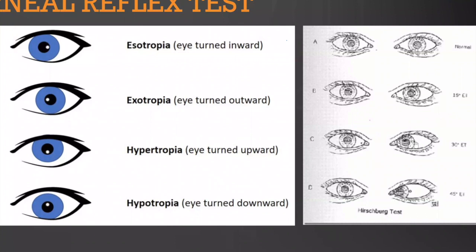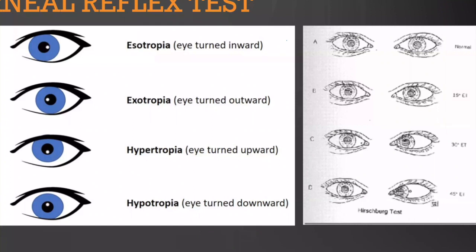If it is between the pupillary margin and the limbus, it is 30 degrees of a left esotropia. And if it is at the limbus, it is 45 degrees of left esotropia. So you're going to denote it as Hirschberg's test: either central, or 15, 30, or 45 degrees. Of course, it is not only going to be based on 15, 30, or 45 degrees. In essence, per mm is 2 degrees, and that's how we can decide the amount. So you can have something which is a 20 degree guesstimate also.